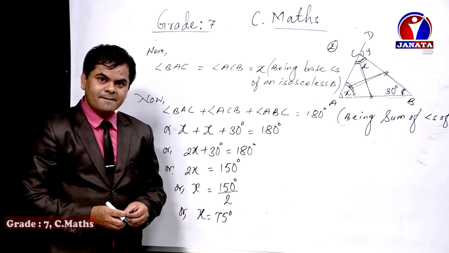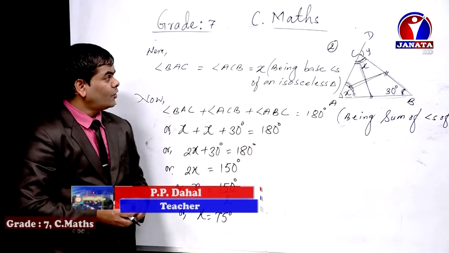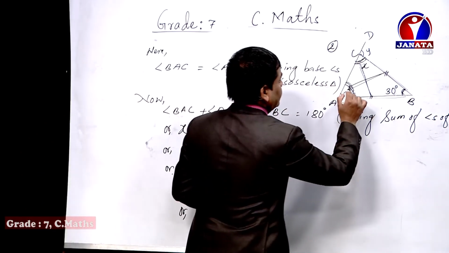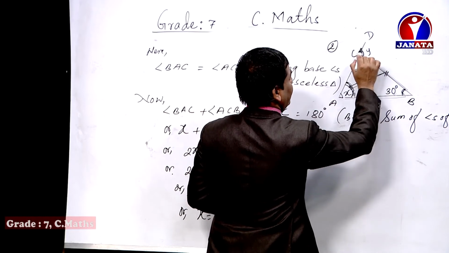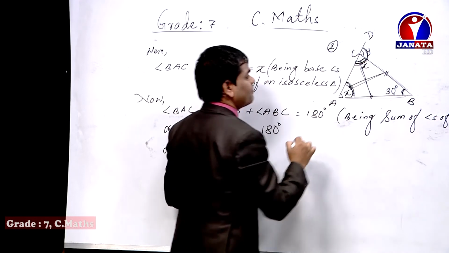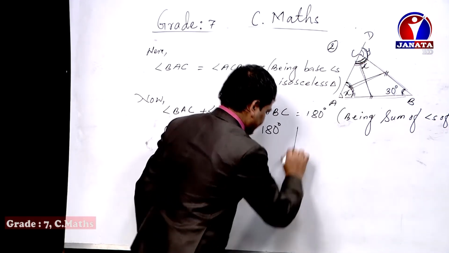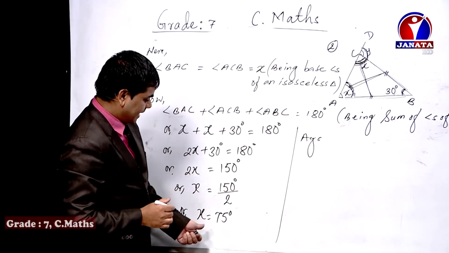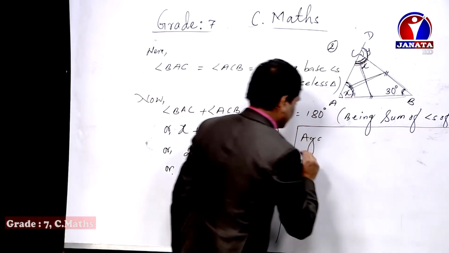Is that clear? Now it's the turn of finding the unknown value of y. I have already told you we got 75 degree here, and 75 degree here. Now in order to find the value of y, we need to take the supplementary part of y, isn't it? So again, do write again after this, okay? In order to find the value of y, I am going to do it here. Just watch here.